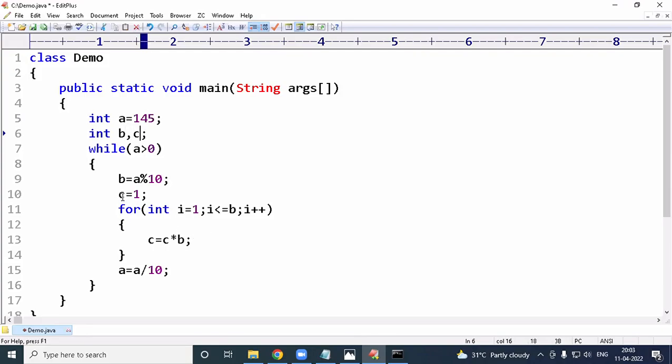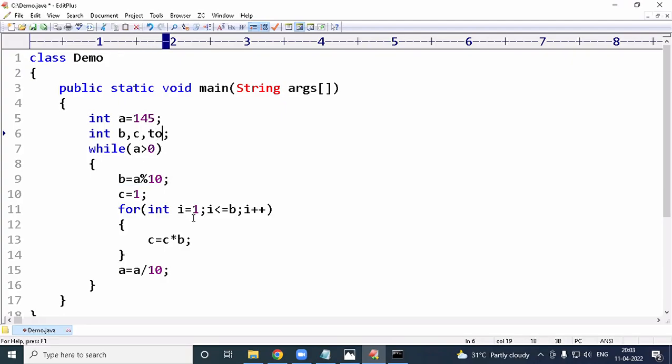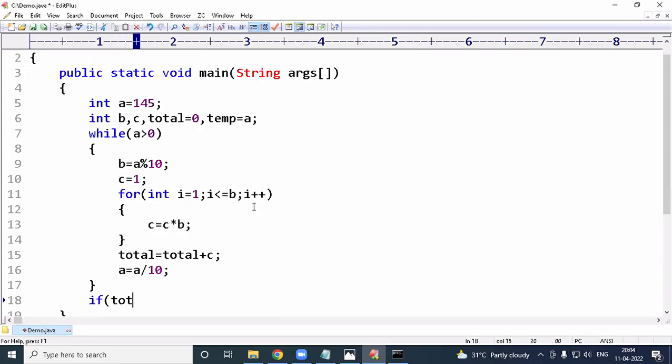It is calculated factorial. This we have to add to total, no? After calculating factorial, total equal to total plus C. Total equal to 0. Over. Now, this 145 you have to check, but a temporary variable is required. Temporary equal to A. If total double equal to temporary variable, then